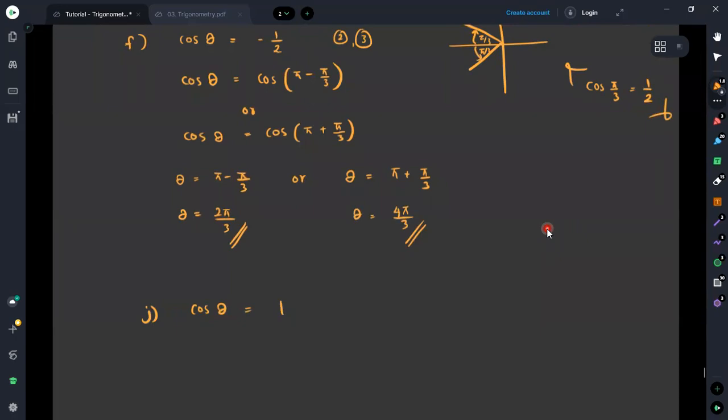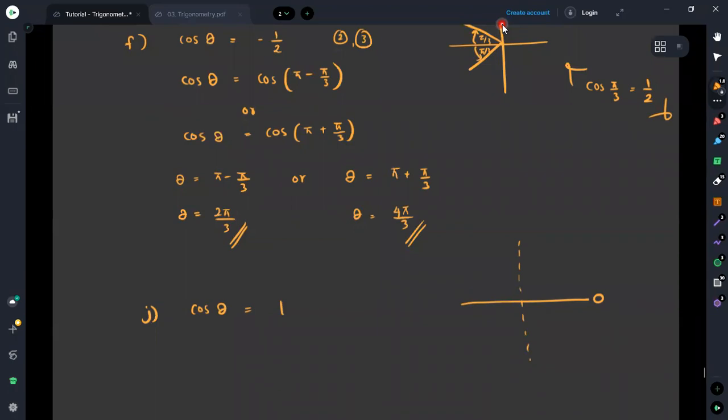For cosine theta, we know that cosine theta is 1 when theta is 0. Since it is a commonly used value, we cannot have any zeros in this line where cosine theta equals 1. We cannot have any ones for cosine theta on the vertical axis, only on the horizontal axis. Therefore, we have to find the other values where cosine theta is 1.